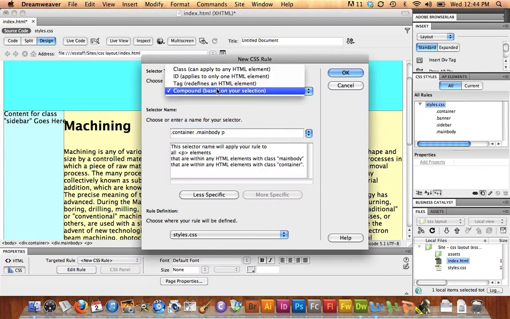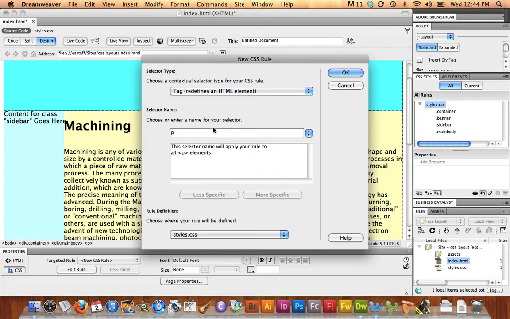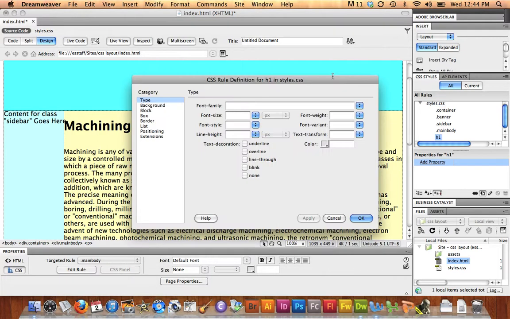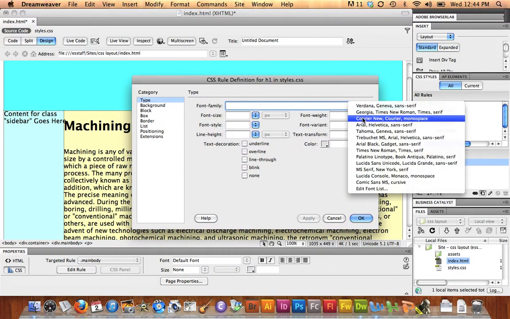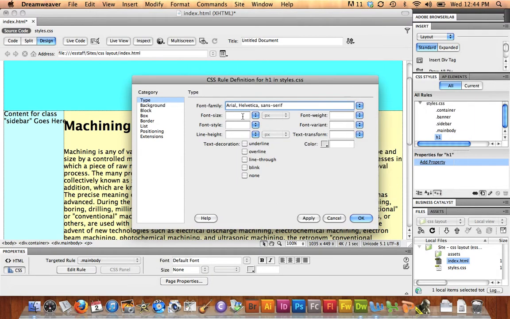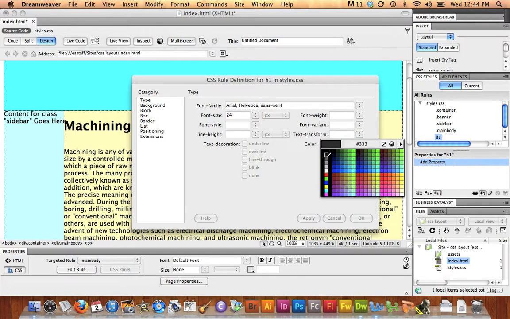edit the rule, and in this case I want to make a tag rule, and the tag I'm going to define is H1. My heading 1, I'm going to make sure it is saved in the CSS style sheet I've already created. Say OK, and I'll use Arial. I'll make it a larger font, and I'm not going to add an underline. I'll change the color maybe to kind of a dark gray,